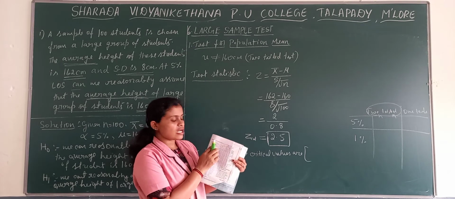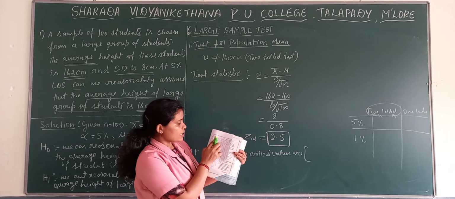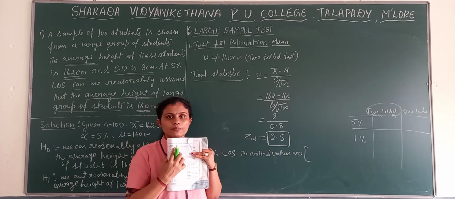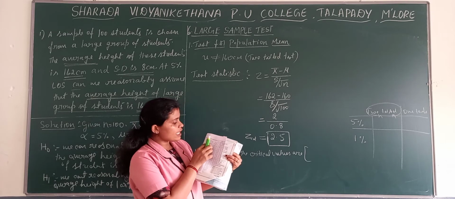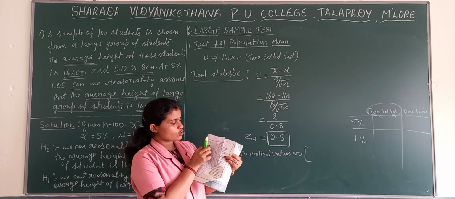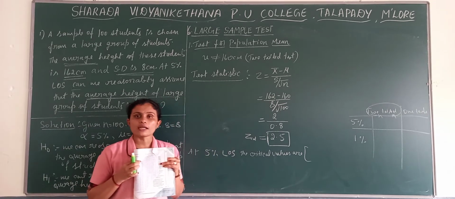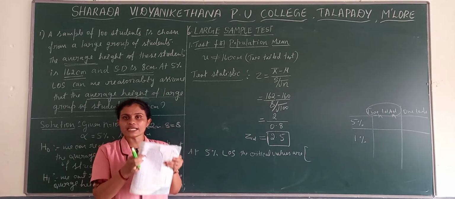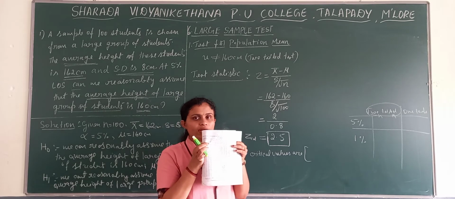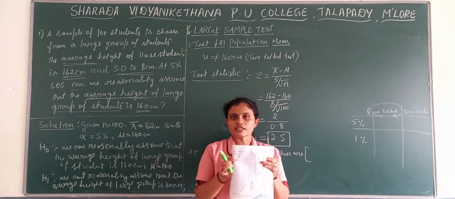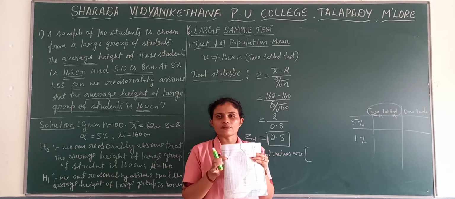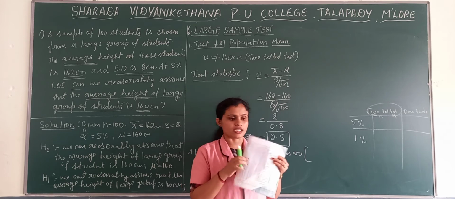There, one-tail test and two-tail test are given. You need to see in the table, in the column for two-tail test at 5%, what the k values are. The 5% k value is 1.96. Here it is clearly given for 5% level of significance. The table critical value is 1.96.